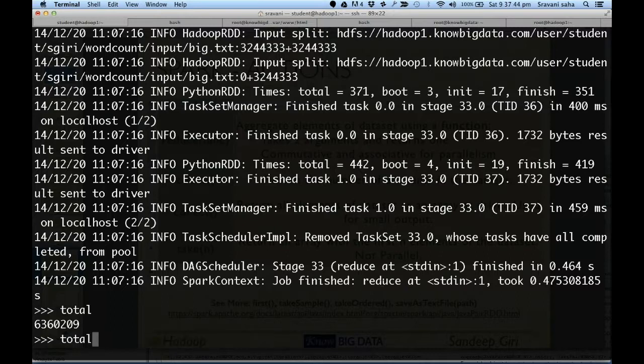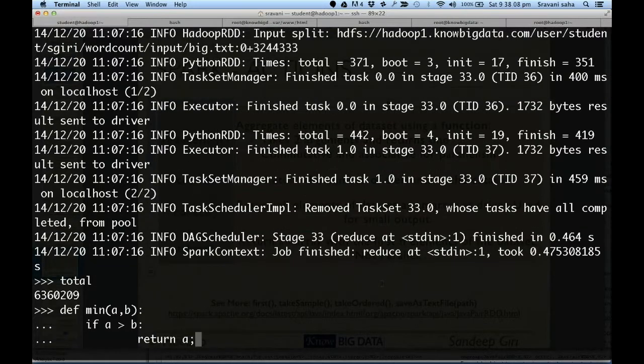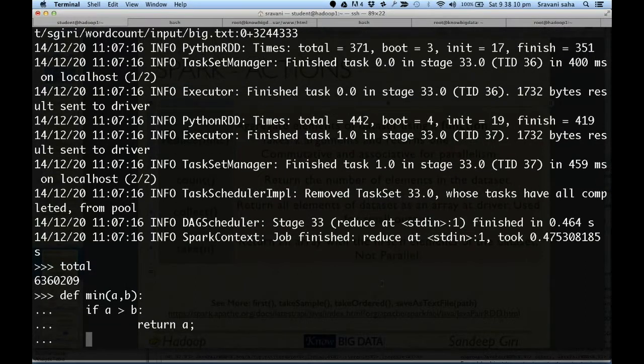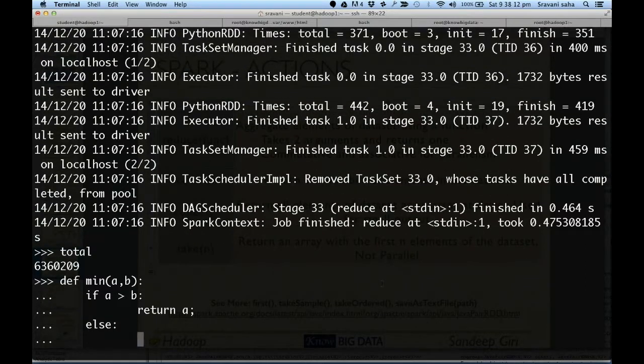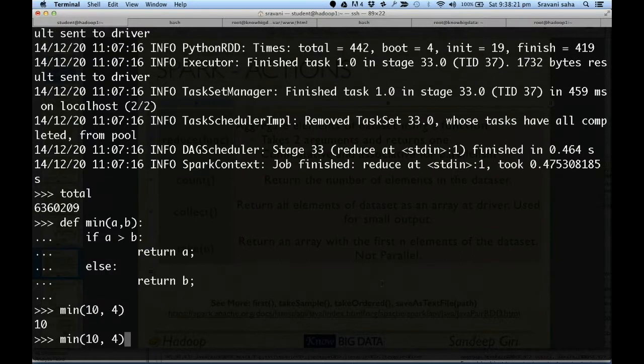Yes, so those are the arguments provided to you. The other way you can handle, let's say we define something called a min function. Okay, min function takes two arguments a comma b, and if a greater than b, then it returns a, else it returns b. Okay, this is our main function, and if you see the output of main function quickly, it basically returns,